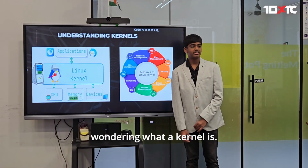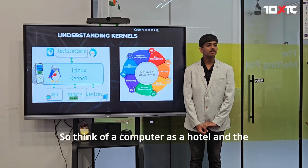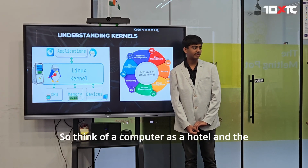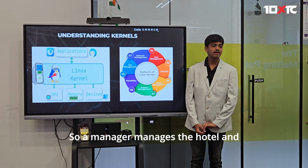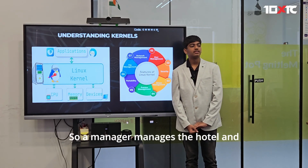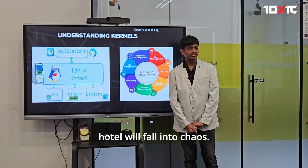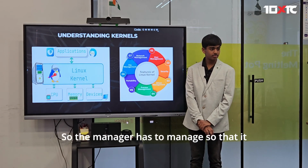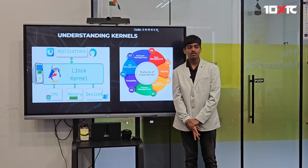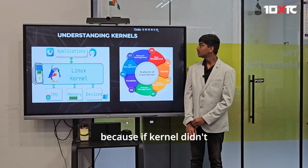Now you'll be wondering what a kernel is. Think of your computer as a hotel, and the manager is the kernel. A manager manages the hotel, and without the manager, the hotel will fall into chaos. The manager has to manage so that it wouldn't fall apart. Same over here, the kernel is there because